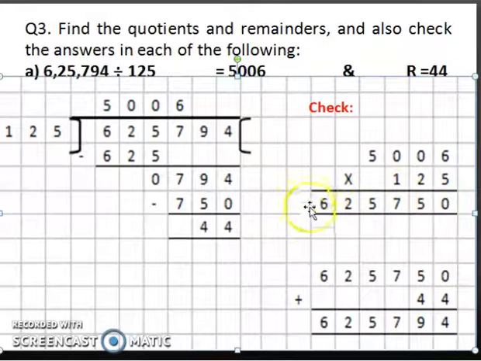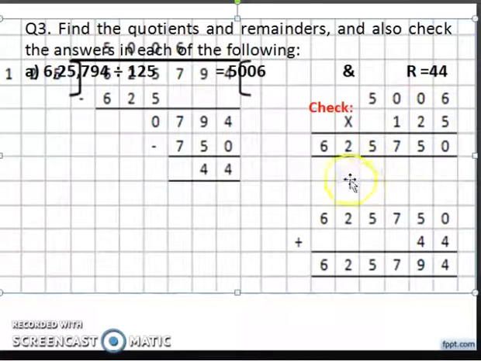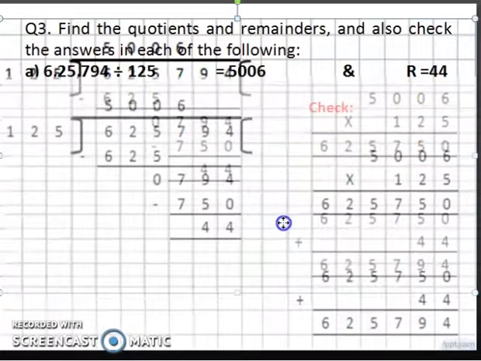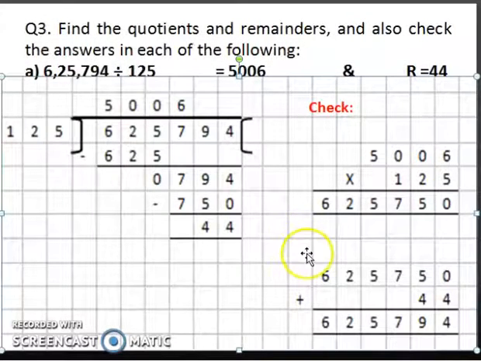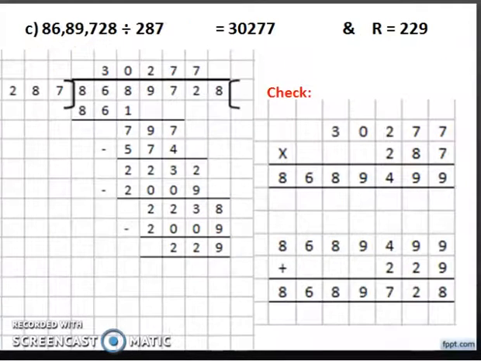Children, again I am focusing because of lack of space in my slide. I have given you a direct answer for your reference. You will do a 3-step multiplication here and finally find this answer. This has to be shown. There is no shortcut to it. There is no shortcut to it, do remember. So finally I have to also write the quotient as 5006 and remainder as 44. After doing this, put a line across neatly. Then write question number